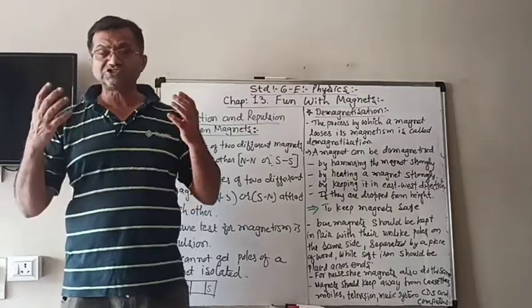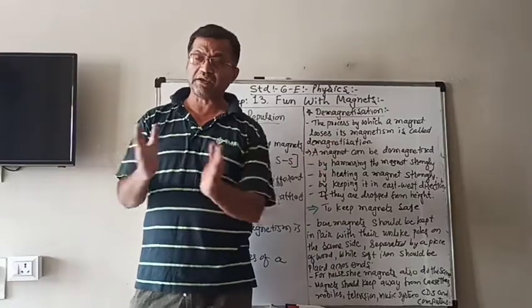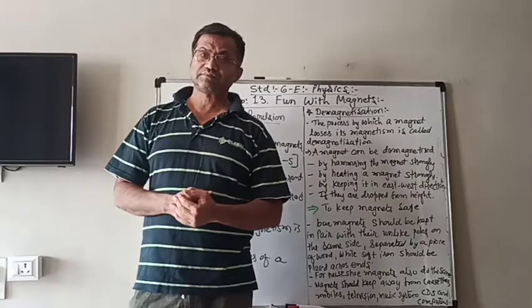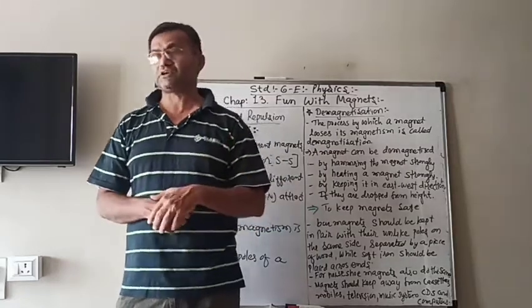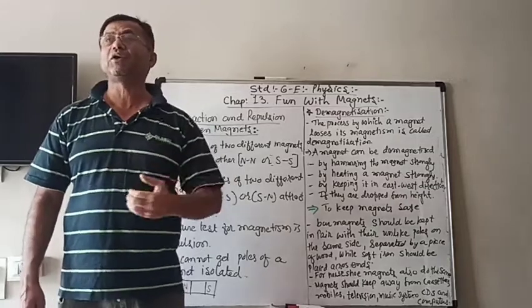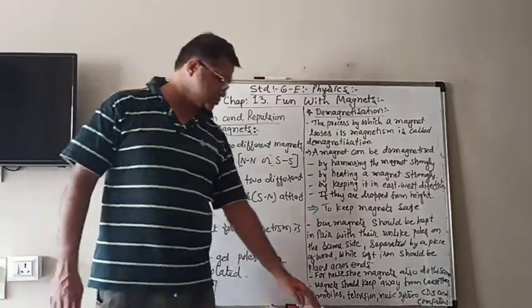Now we have to check the interaction when we bring two magnets near to each other. Then what happens between the poles? For that, as they showed here,